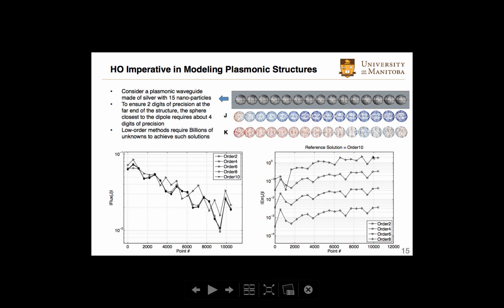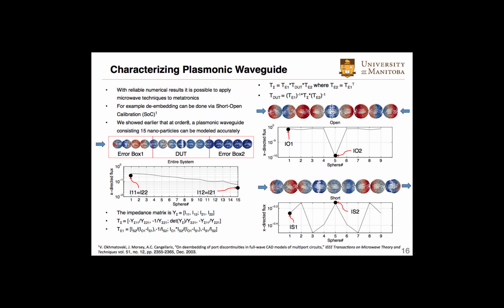The order 4 and order 2 are not accurate, meaning that they have more than 10% error at the far end. So we could use either this or that depending on the engineering needs. And the importance of having these higher order techniques is that you can verify the numerical solution that you've got. So using this technique, we can try characterizing plasmonic waveguides just like we had in